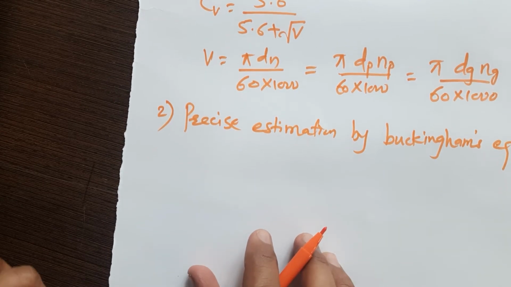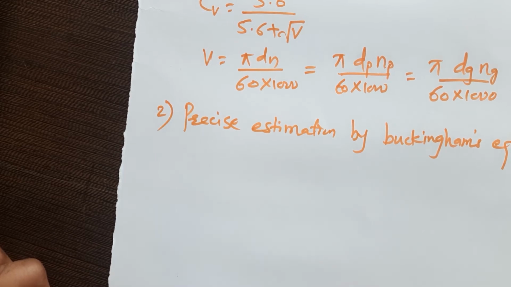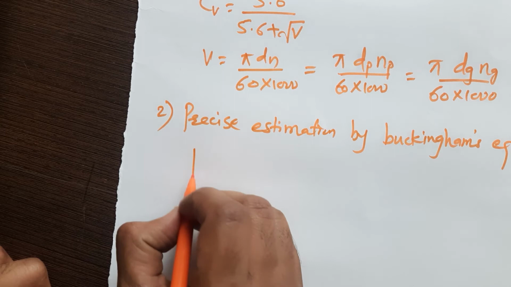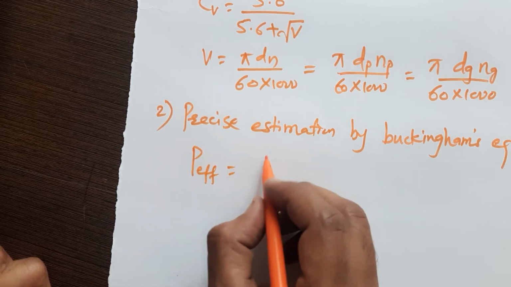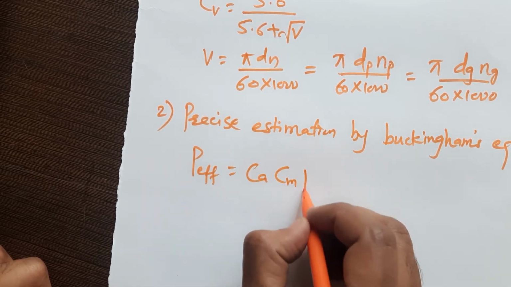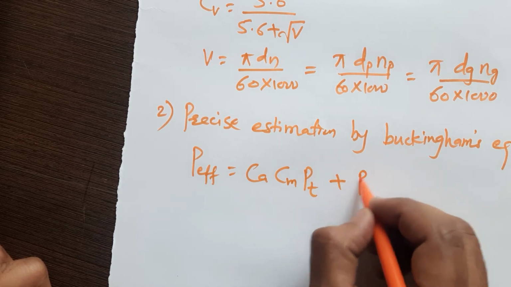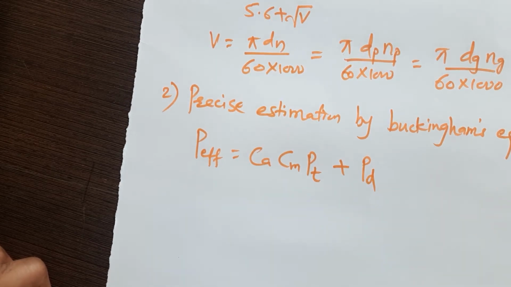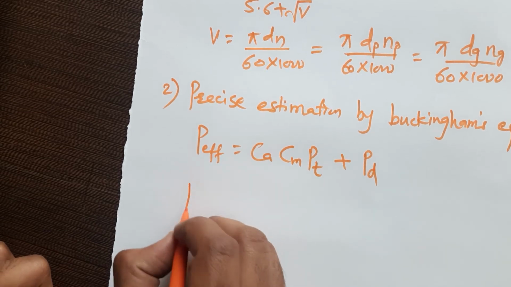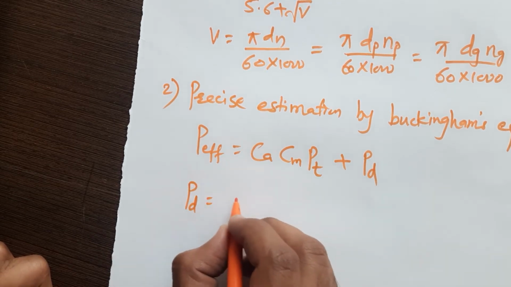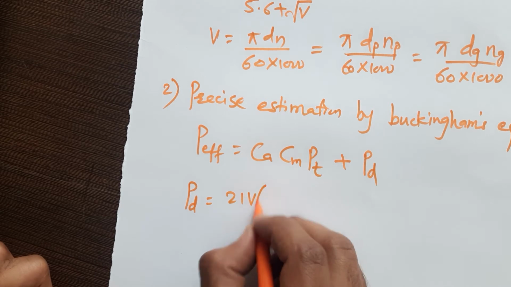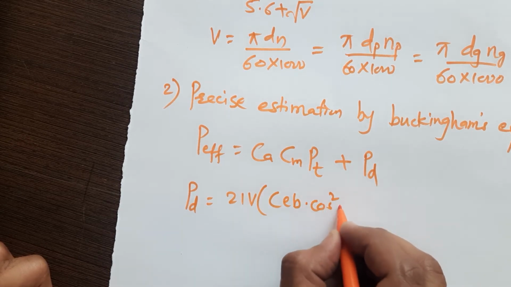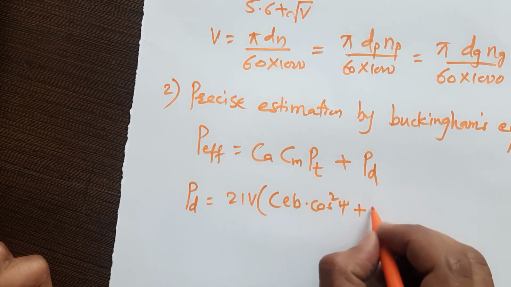From this method, from precise estimation by Buckingham's equation, your P effective will be CA, CM, PT plus PD, where PD is nothing but a dynamic load, and dynamic load you can calculate by Buckingham's equation, and it is given by PD is equal to 21V in bracket CEB into cos square psi plus PT max